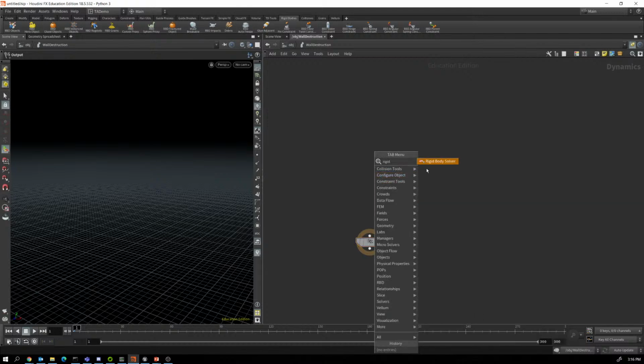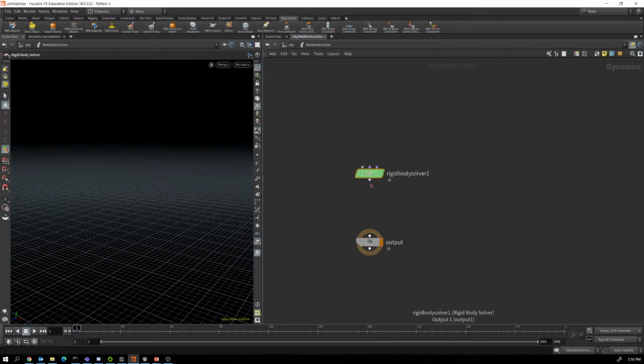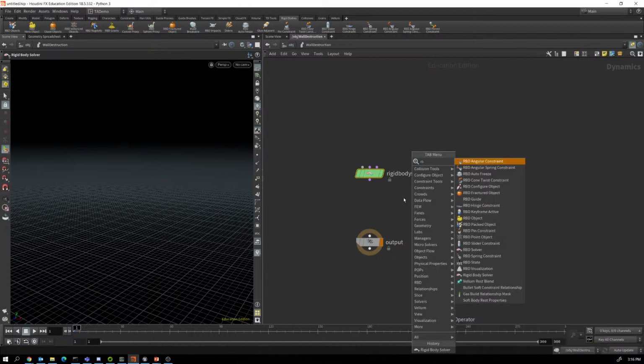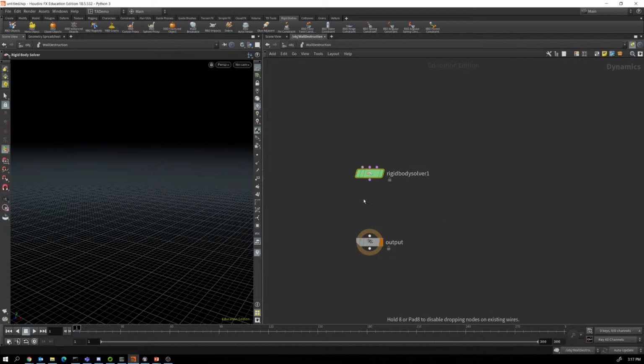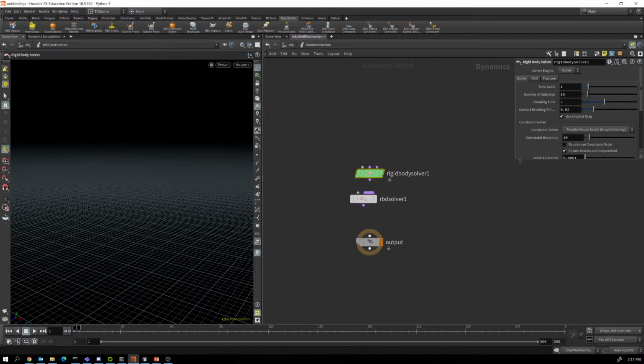Now notice that I'm using a rigid body solver. And this is very important because there are actually two critters that look and sound a lot alike. The other one is if you look for an RBD solver. Now you'll notice that the icons are practically the same. Let's take a look at the parameters on these. So what's the big difference? The RBD solver